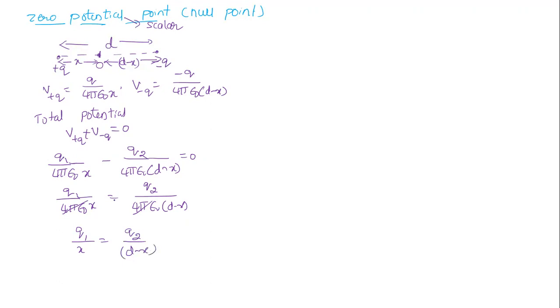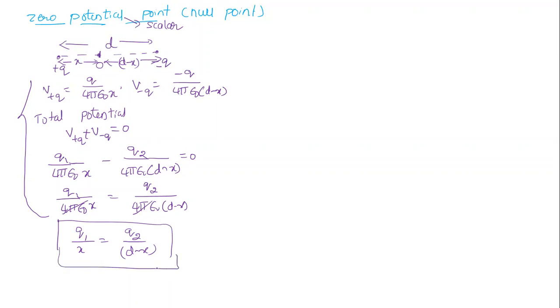From next time onwards, no need to do all this, because I'm going to cancel. We know directly we can write like this: first charge divided by its distance from the null point, equal to second charge divided by its distance from the null point. Directly we can say, and you get some formula for simplifying x, with a root of something. But I'm not suggesting that one to you. Just use this method. So this is a way of calculating what now? Null point.